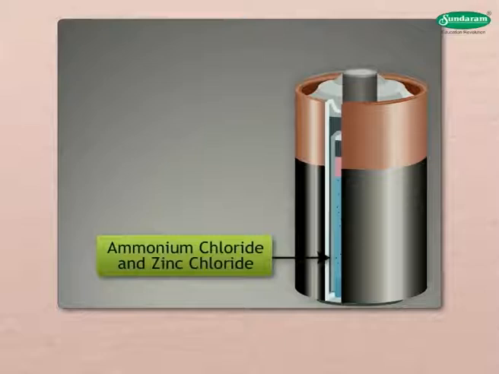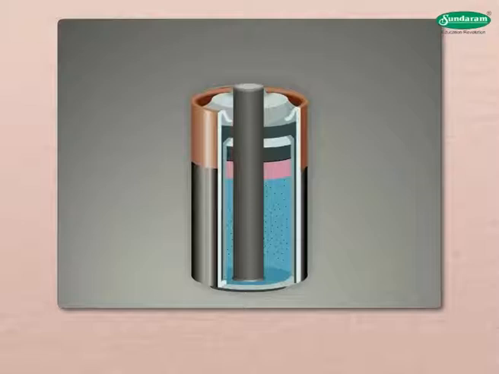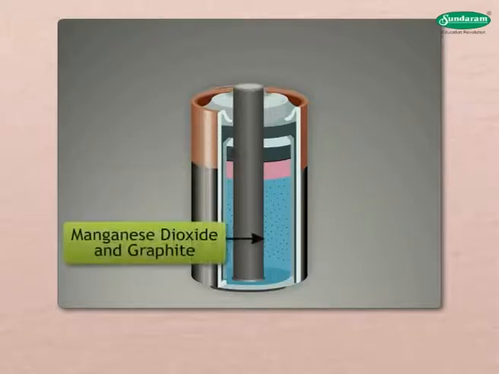Dry cell's outer covering is whitish, which is made up of zinc, and it acts as negative pole. Now, break open this covering. You will see a carbon rod. This is positive pole. Around this rod, there is a mixture of powdered manganese dioxide and graphite held in a